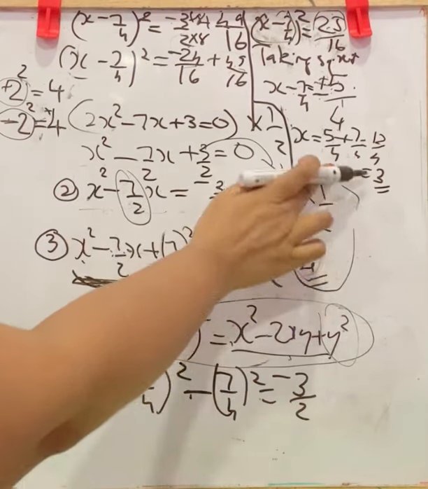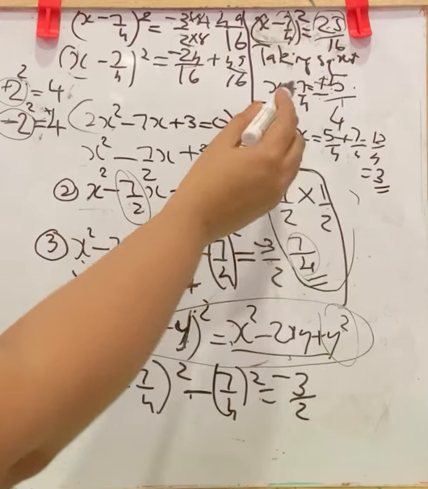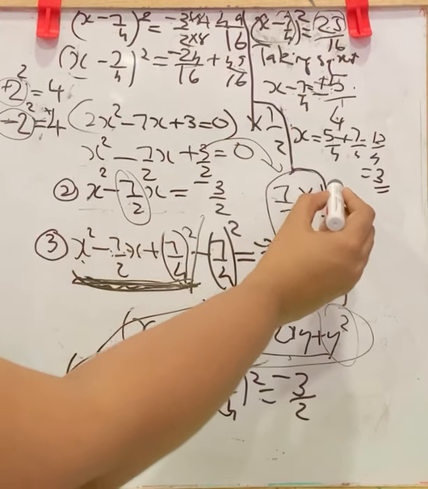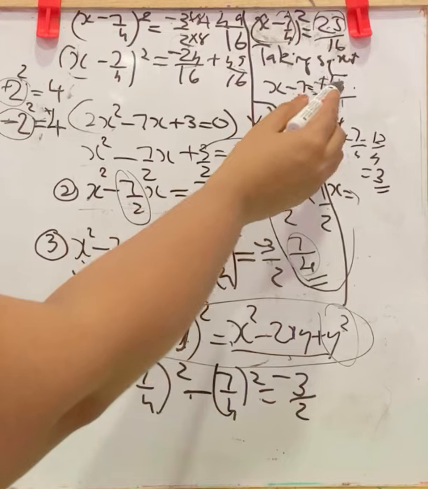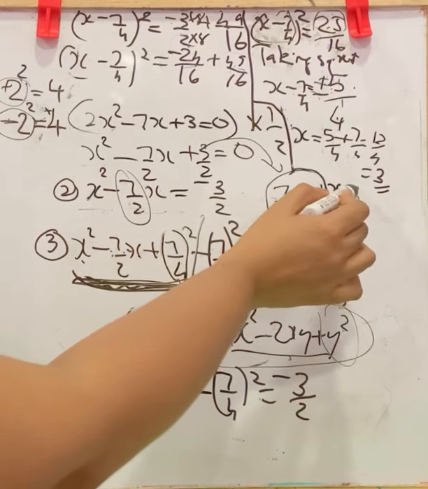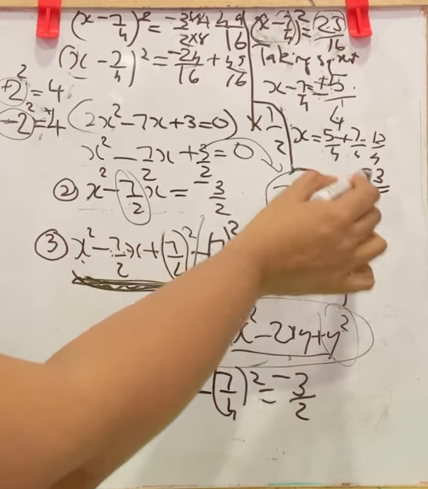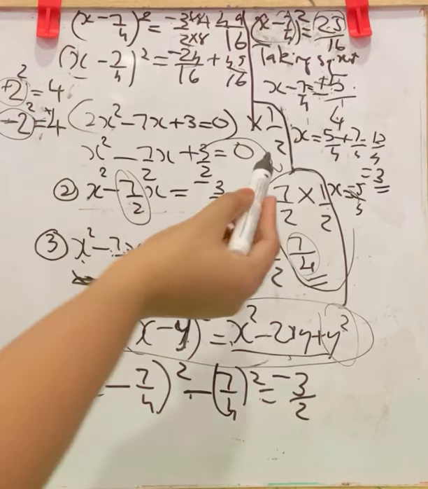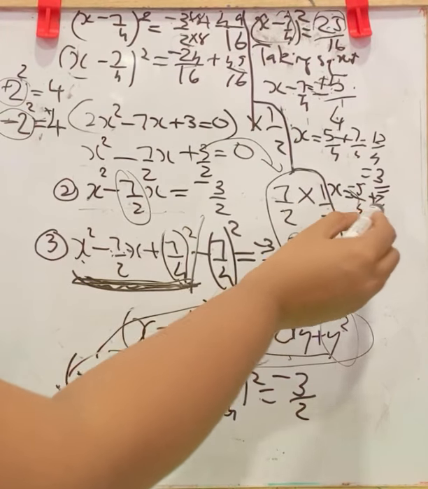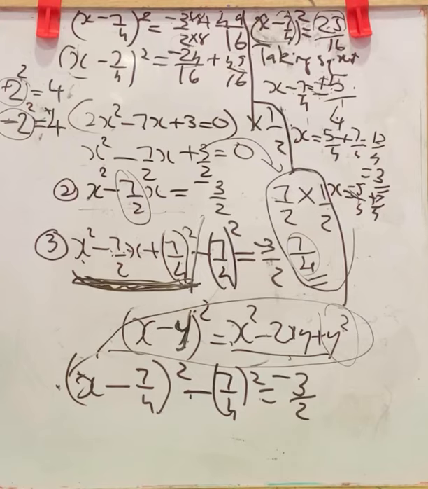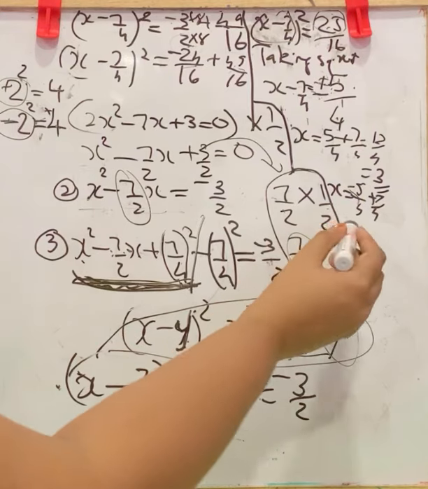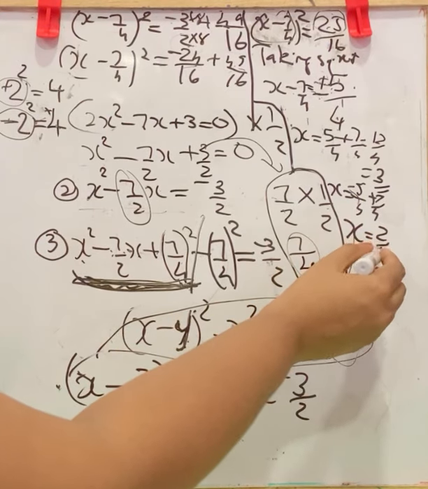Now, if you are taking this minus 5 by 4, x is equal to minus 5 by 4. Minus 7 by 4 taken to RHS, plus 7 by 4. Now minus 5 plus 7. Minus 5 plus 7, one is negative, one is positive. So subtract the smaller number from the bigger number. Then you will get 2 and put the sign of the bigger number. That is positive 2. x is equal to positive 2 by 4.